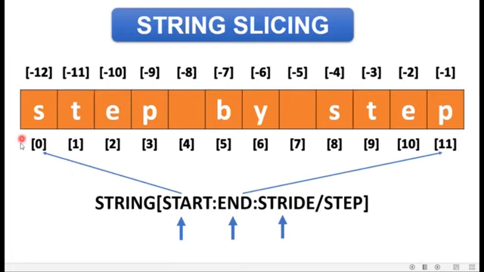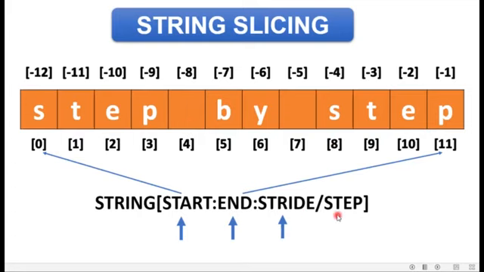So if I talk about the 0th index position, after retrieving the character written at the 0th index, 0 plus 1 will take place. So at index 1, we have t. So t will be retrieved. Then 1 plus 1 is 2. We are coming over here and e will be retrieved. Then 2 plus 1 is 3. So p will be retrieved. 3 plus 1 is 4. So space will be retrieved, and so on.